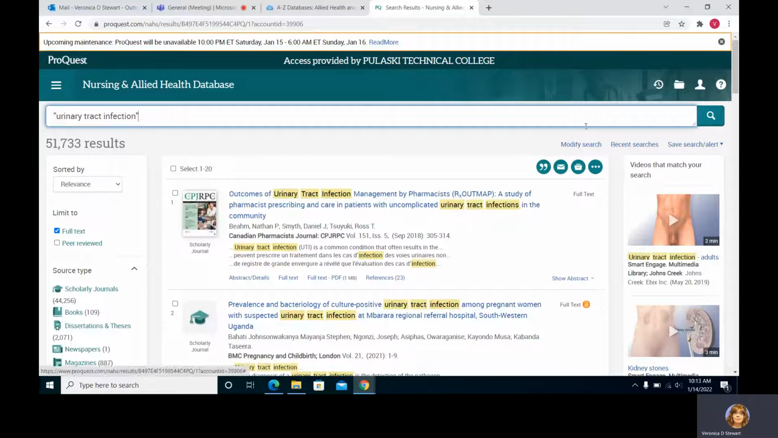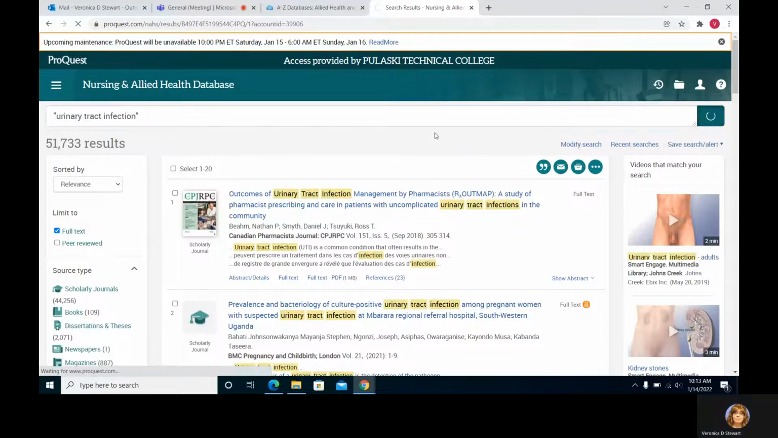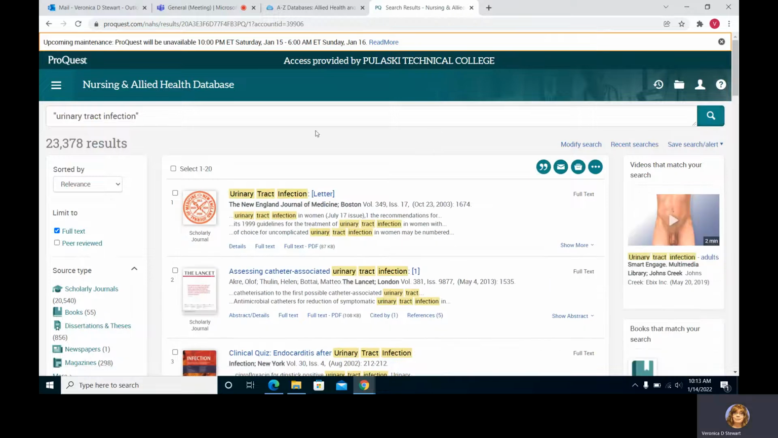So I need to search again. I've got my topic in quotation marks. I'm going to hit search again. And 23,000 results. So obviously still too many to deal with, but we are going in the right direction. There's another thing you can do. If I hit modify search,